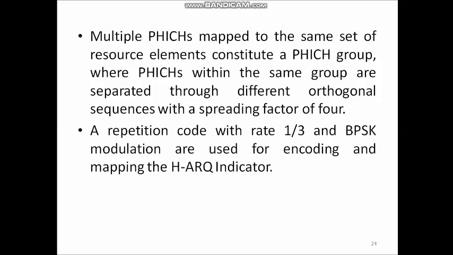Okay, multiple physical hybrid ARQ indicator channels mapped to the same set of resource elements constitute a PHICH group, where PHICHs within the same group are separated through different orthogonal sequences with a spreading factor of 4. A repetition code with rate 1 by 3 and binary phase shift keying modulation are used for encoding and mapping the HARQ indicator. So, for channel coding, repetition code is used and its code rate is 1 by 3, and for modulation mapping